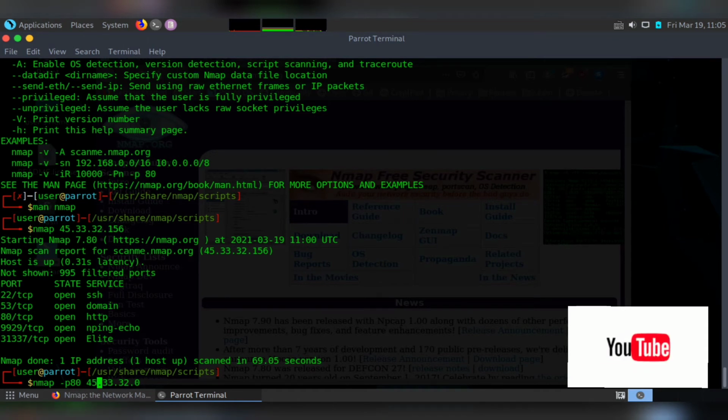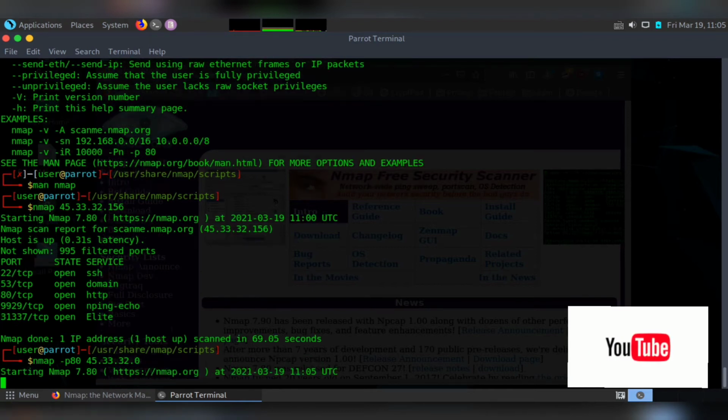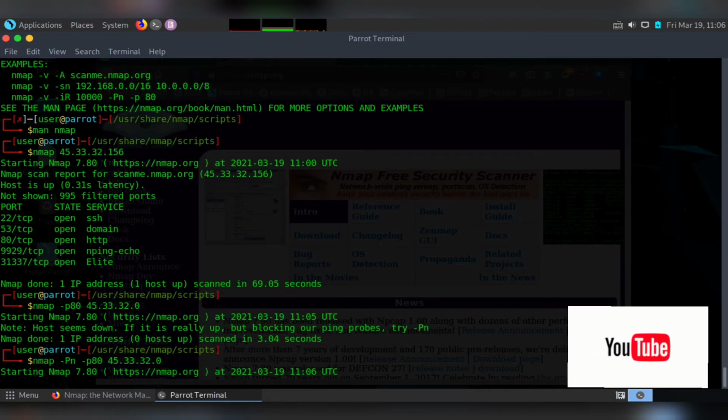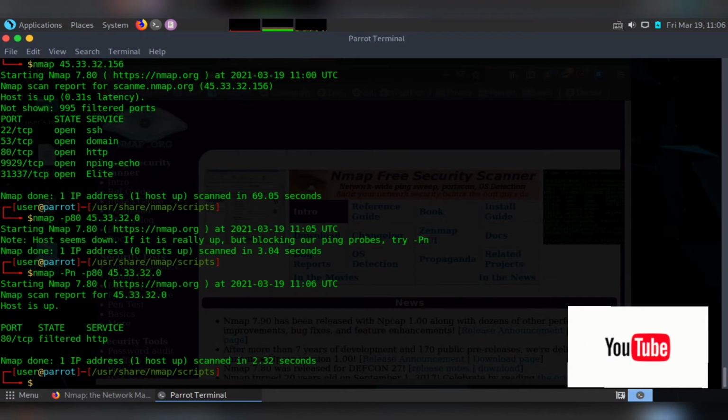Now you can scan for specific ports as well on a particular website. Suppose I want to scan only port 80, to know what is running on this particular port. You can simply write -p, and you can give a space if you want, or not, and then simply press enter. It would be much faster than the earlier process, since earlier it was discovering all the ports. I can also use -Pn. What it will do is not check for host detection. It will consider that the host is already alive, and simply jump to port detection.